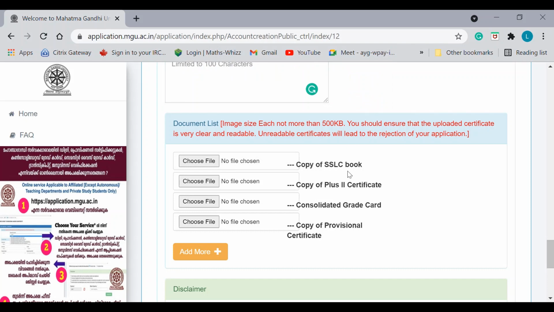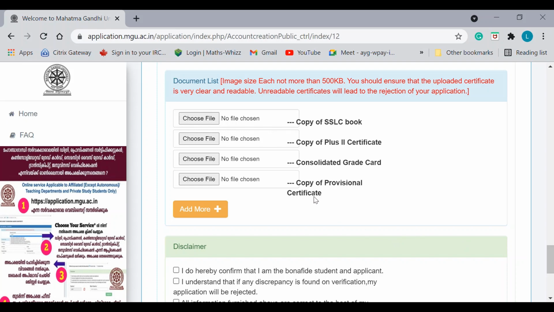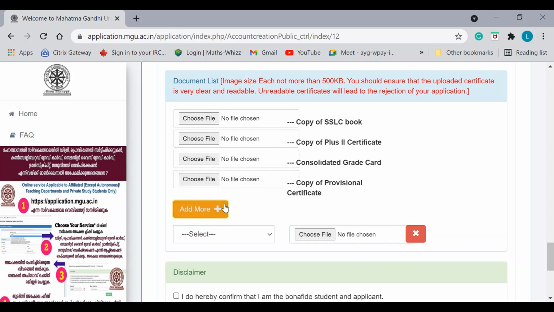Here you have the SSLC or 10th certificate you can put. Then the 12th you can upload here. If you have a consolidated grade card, you can upload here. If you have a provisional certificate, you can upload here. Otherwise, you can upload all the semesters. Each semester you can upload here.